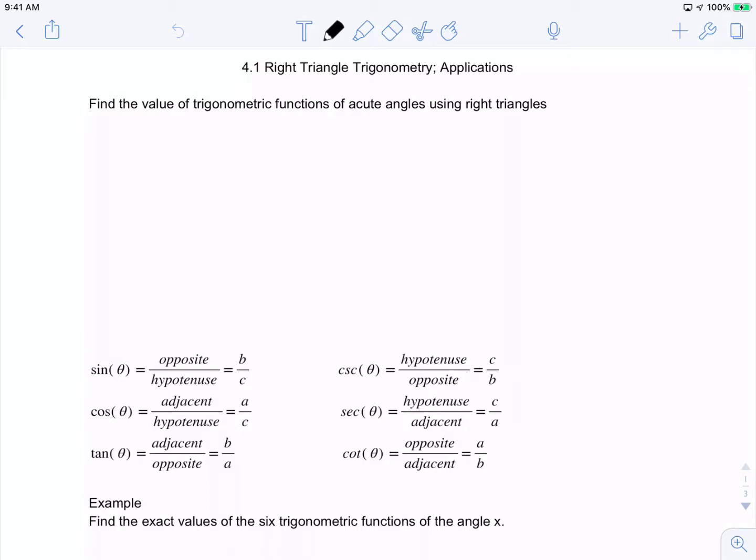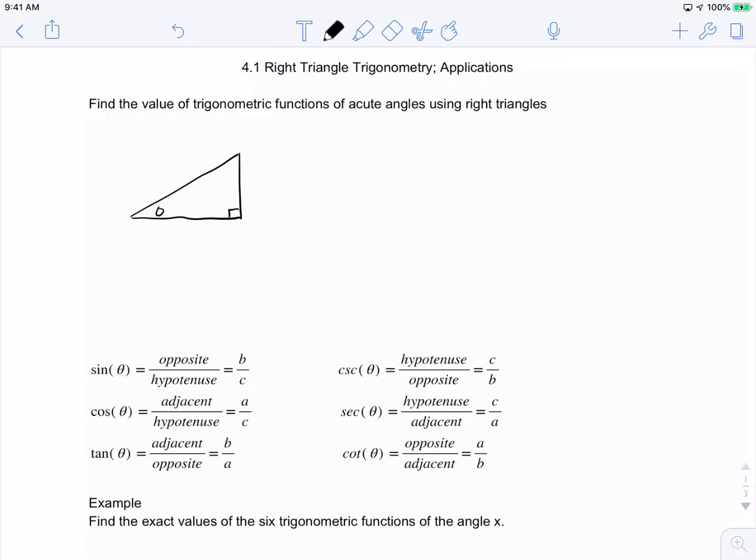Hello class. Today we're going to go over 4.1, right triangle trigonometry and applications. So the first thing I want to do is draw a triangle for you guys so that we can use some trigonometry. So the first thing we need to do is draw a right triangle,